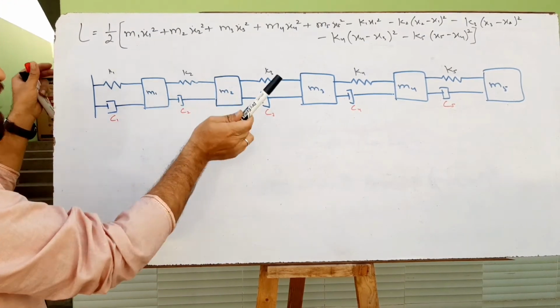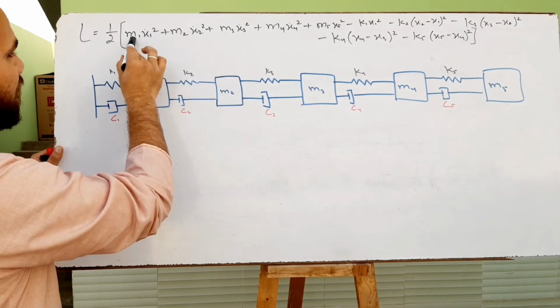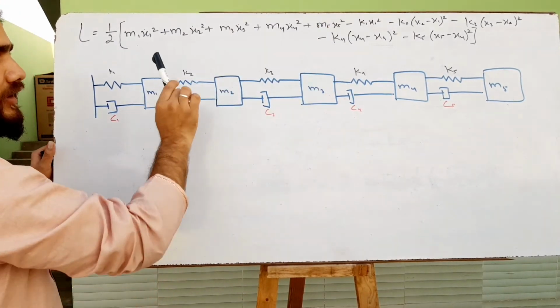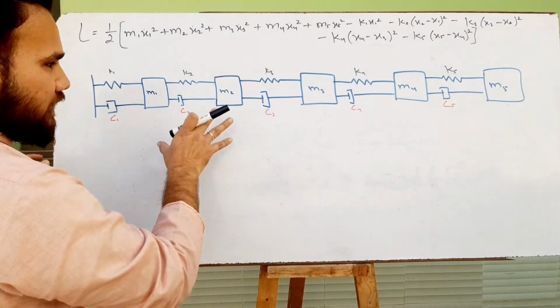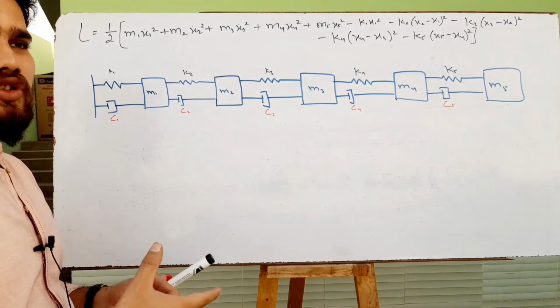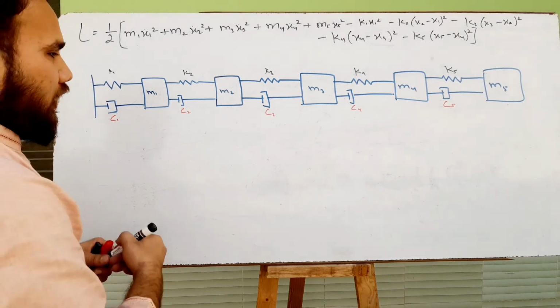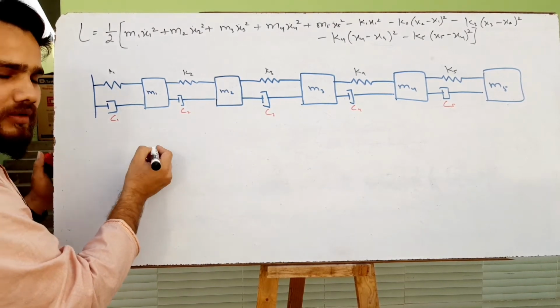We have found our Lagrangian function, and it is represented based on masses and springs, but here there is no use of the damping coefficient. So the system is non-conservative. For a non-conservative system we need one more function, called the Rayleigh dissipation function. In this model the dissipation function is represented by F.